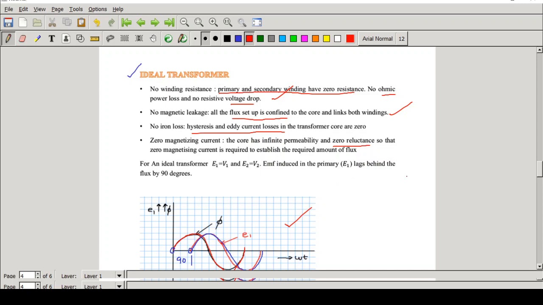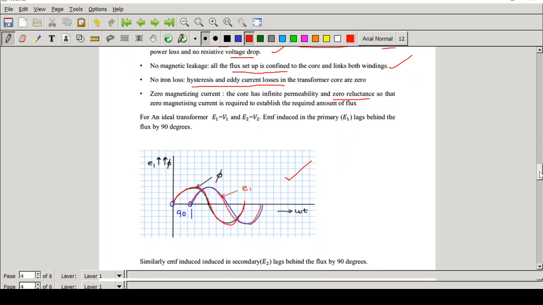Okay. Now, if you consider the ideal transformer, we can say that the input power will be equal to the output power. And also, for an ideal transformer, since we are assuming that there is no voltage drop, if you are giving an input voltage, V1 will be equal to E1. Why? Because there is no voltage drop. Similarly, if E2 is the EMF induced in the secondary, the same induced EMF you will get as the terminal voltage in the secondary. That is, E2 is equal to V2, which means there is no voltage drop, which is impossible, right? Okay.